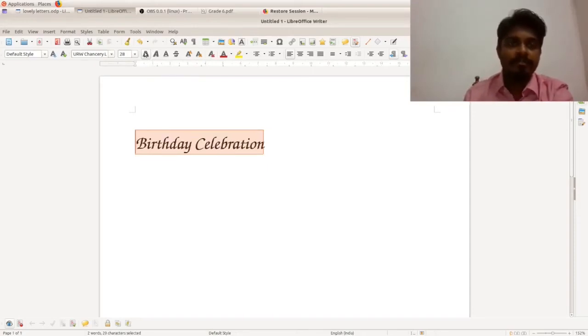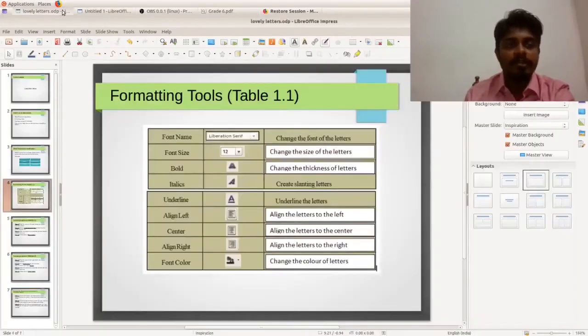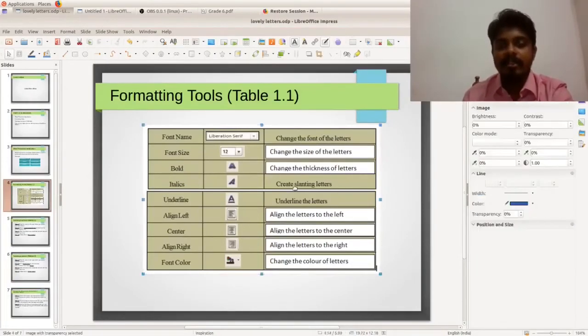What is the next one? Yes, italics. What do you mean by italics? It is used to create slanting letters. The letters will be slanted to a direction. Slanting letters. So I'll show it now.